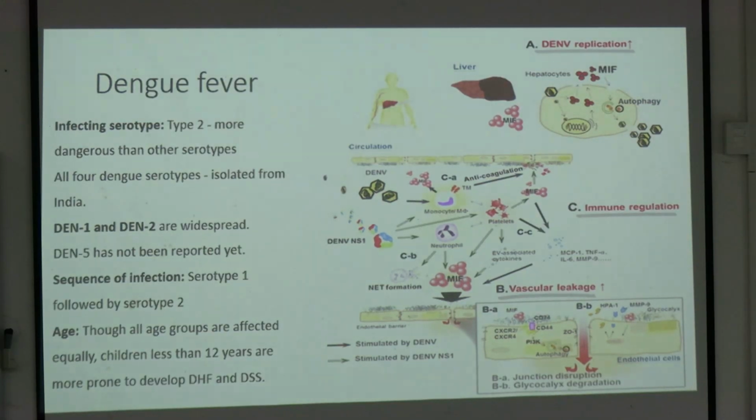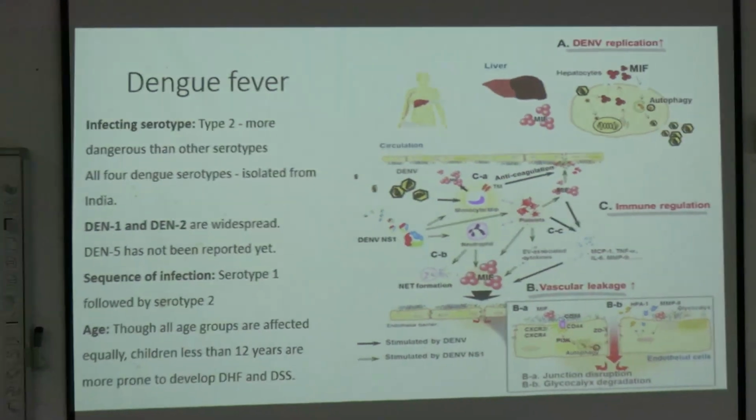Now, when I say neutralizing antibodies, what do I mean? See, we cannot kill a virus, right? The only thing the antibodies can do is render it non-infective. That is, if the antibody binds with the virus, it cannot enter into another cell. This is called a neutralizing antibody. Now, after the infection, of the huge amount of antibodies that are produced, only a very small fragment will form neutralizing